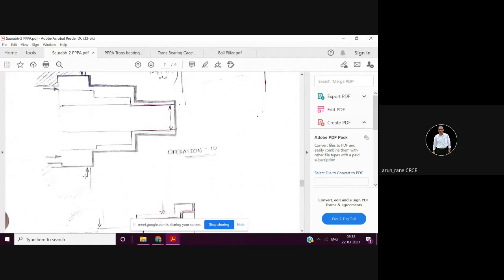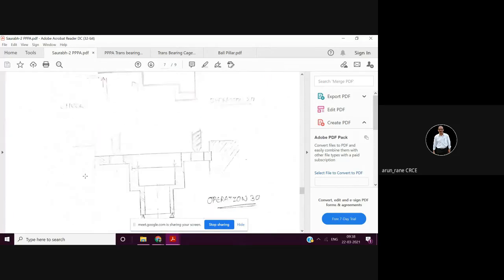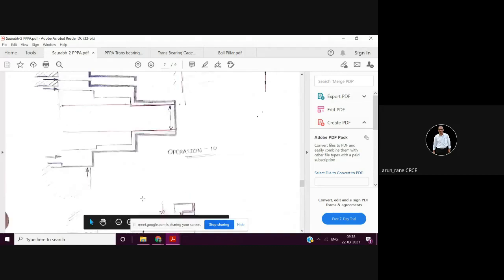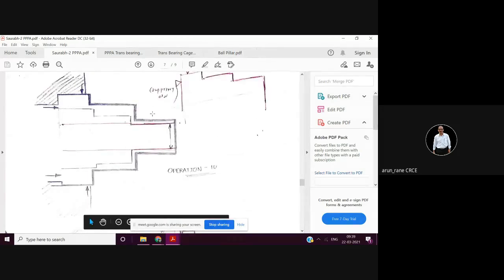Then you can show the pictures like this, and this is what is called the process picture. Process picture means you need to show, see, if it is a 2 marks question, then explanation is 1 mark, and 1 mark is exclusively for the drawing.